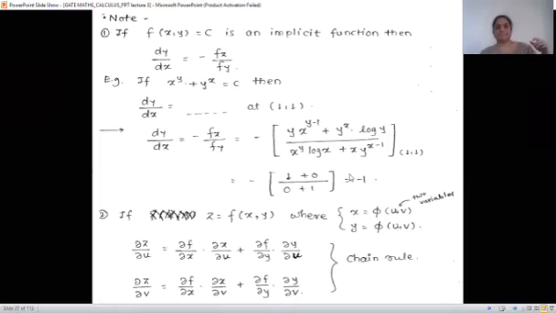Next is, if z is a function of xy, where x is